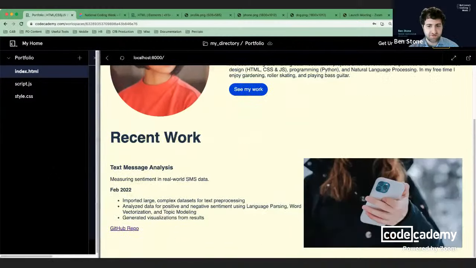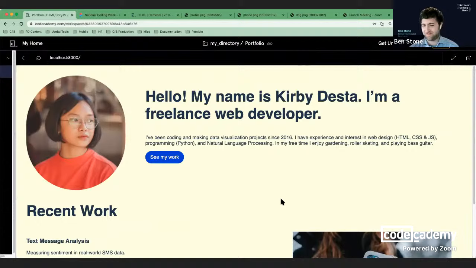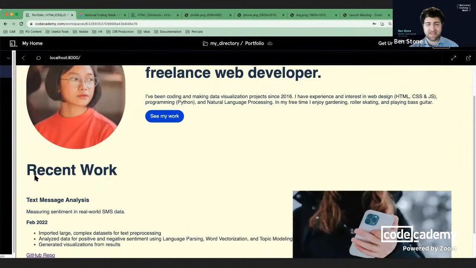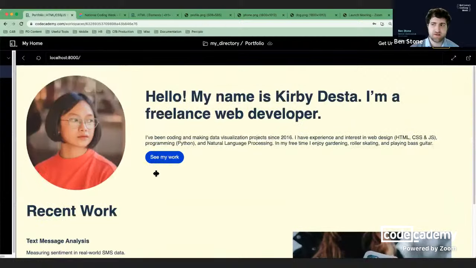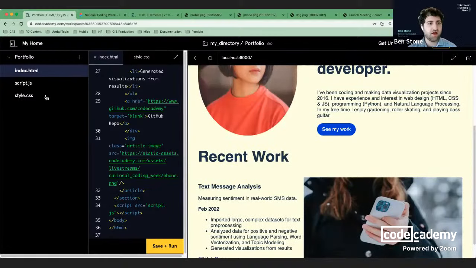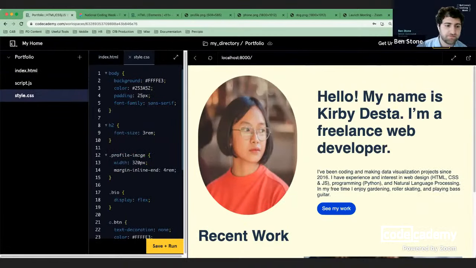Another weird thing is if we make our page bigger, it also looks kind of weird. Like this is all going out all the way and takes up too much room. The last thing we'll do is we'll fix those couple issues, and we'll do that by using what's called a media query. So a media query is a way of specifying that you want your website to look different for different sizes. So for this bio, we can say that we don't want the bio to always be showing things